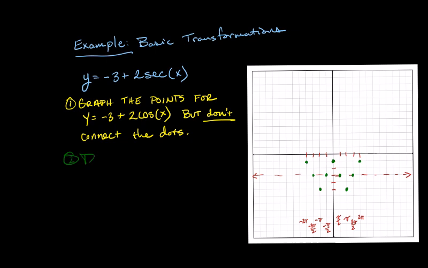Alright, then we're going to draw in the asymptotes, right? Since it's a secant function, it's going to have some asymptotes. And the asymptotes are going to be in the middle, right? Wherever it hits the middle, that's where you are going to put your asymptotes. So at that point, at this point here, at this guy,